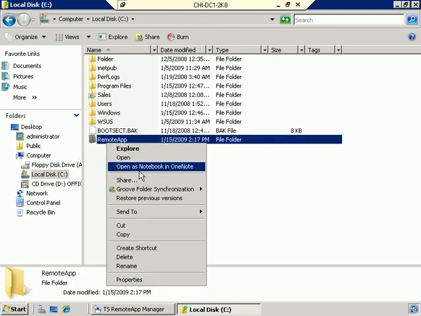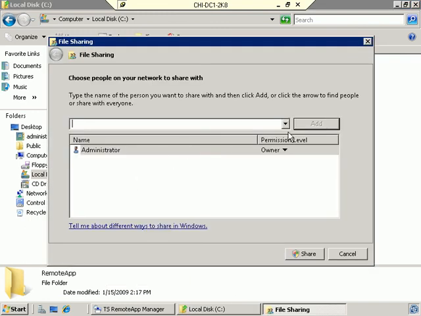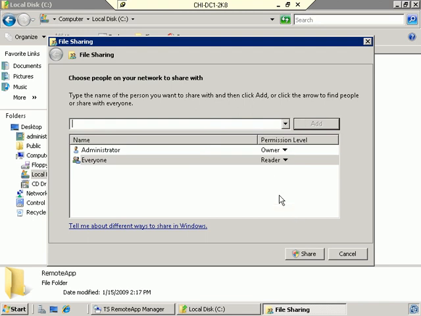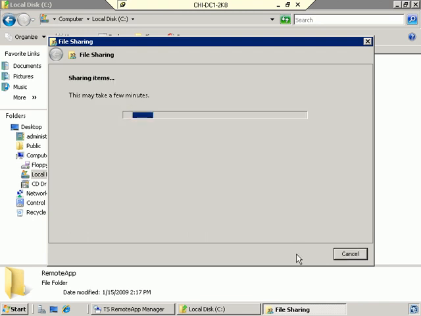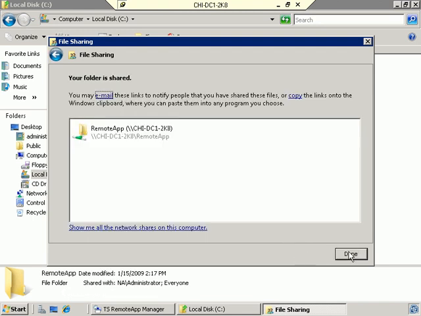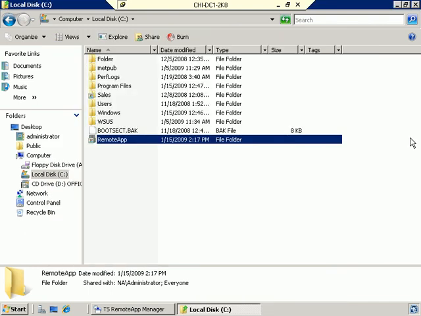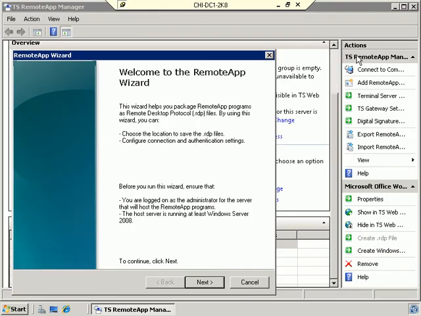Then I'm going to right click and share the folder, and when sharing it we're going to say everyone can read, and click share. And now we've created a shared folder. So I'll click done, close out of there, and now coming back here to our RemoteApp wizard,